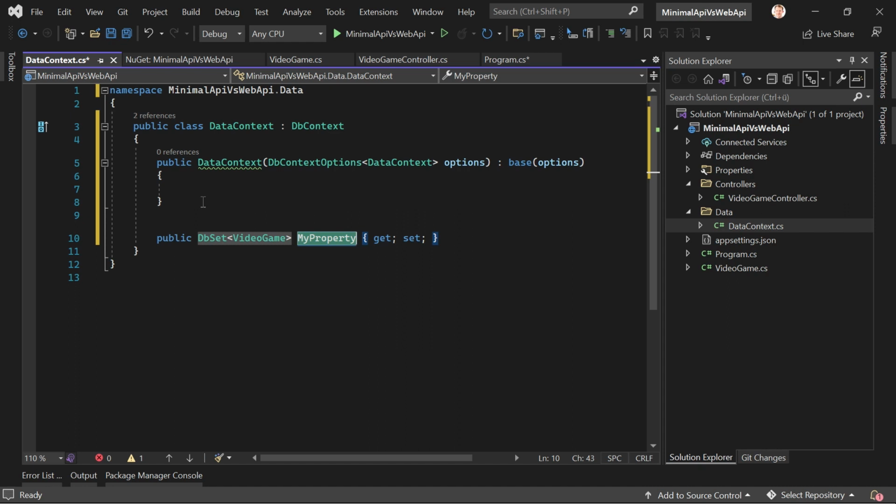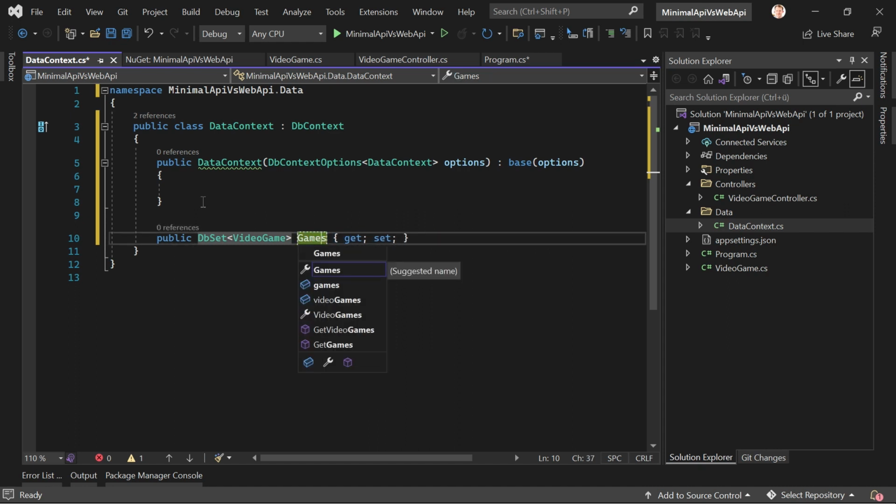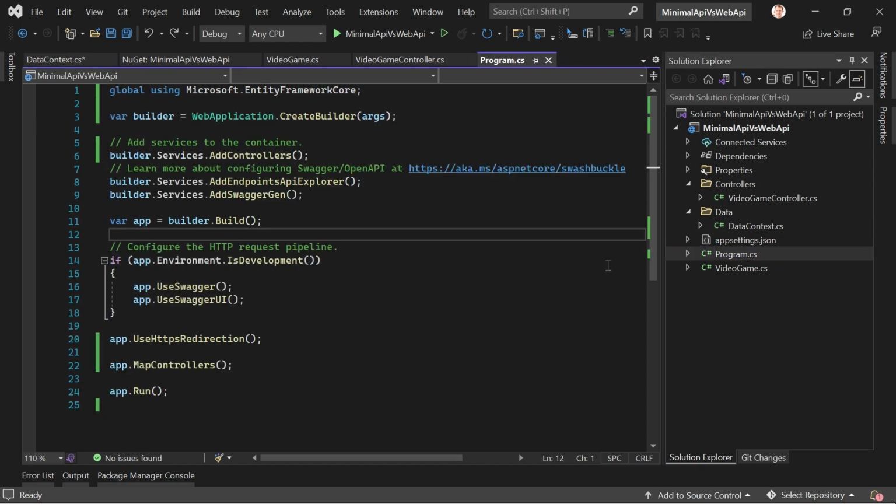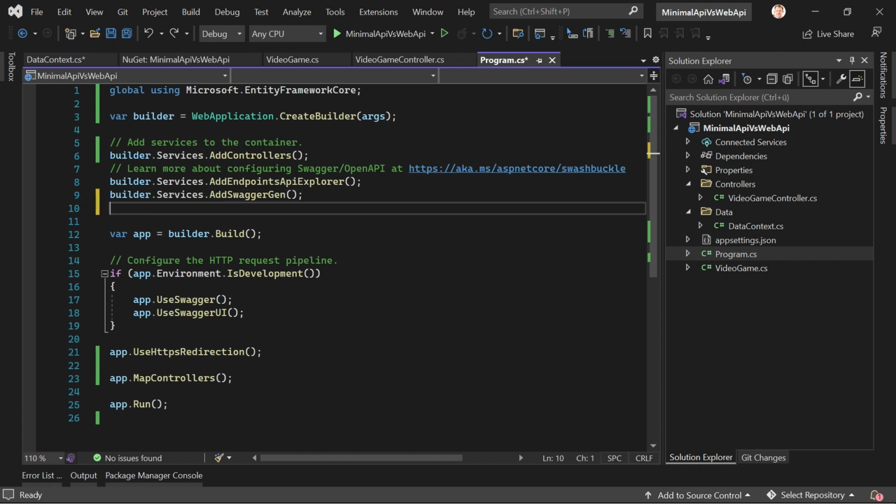We call this games. This would be the name of the table then, or we call this video games here. And if you don't like this little warning here, then instead of the getter and the setter, just use set VideoGame. Okay, and with that, we are already done with the data context here, but we have to register this thing as well. So we go to the Program.cs here, and here to register the data context, we type